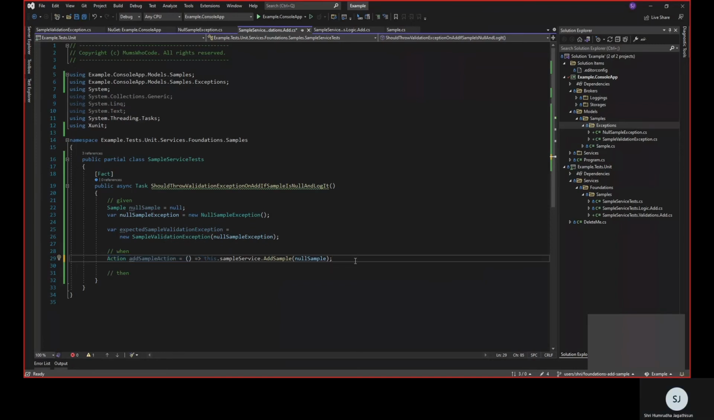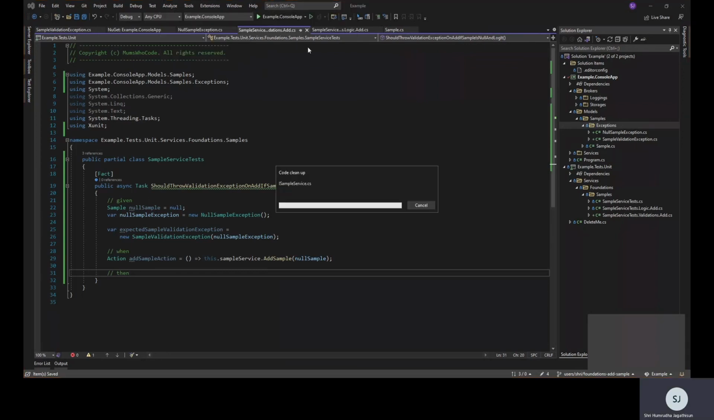Yeah, I think in the next video, we will write our then section and complete our successful failing test and follow up from fixing it. Since it's not a commit, even then just go analyze, run code cleanup,